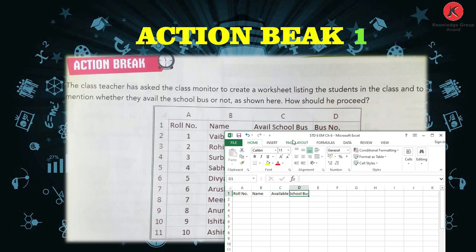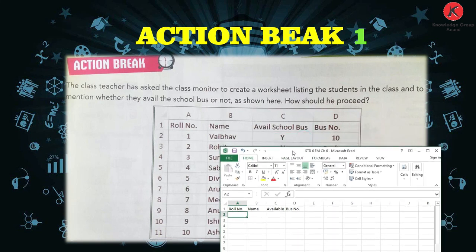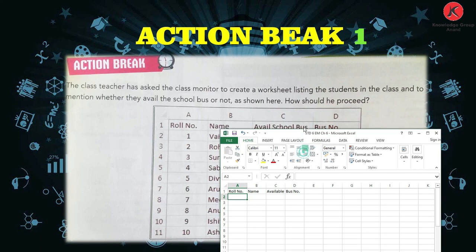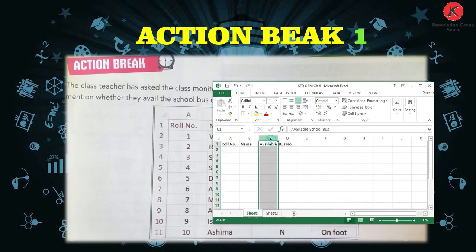Next press enter, tab key, and then type bus number, full stop, and enter. Now you can see here column B width is bigger than A and D, so we have to again increase the size of column C. So like this we can increase again.